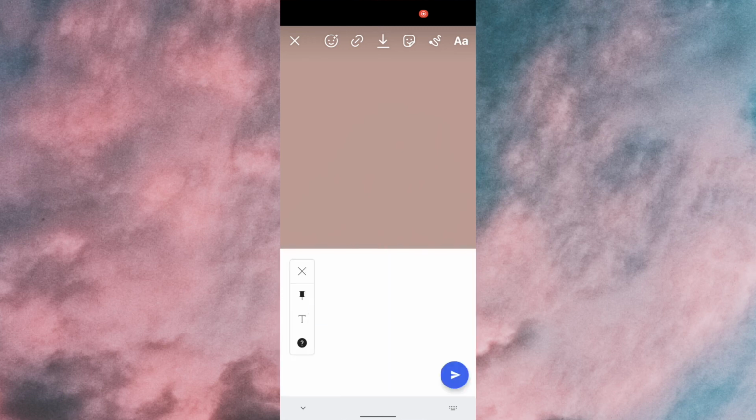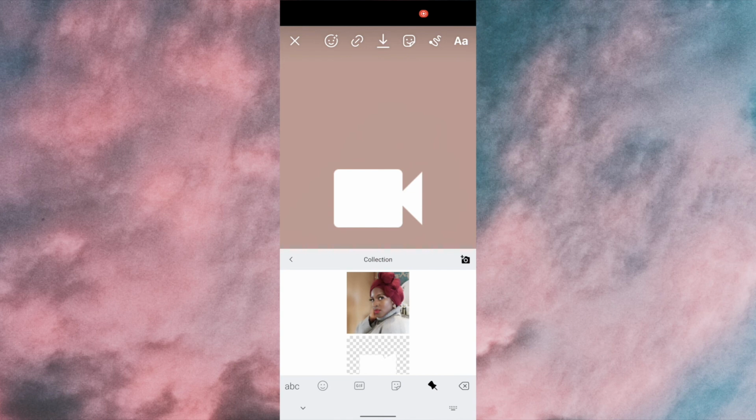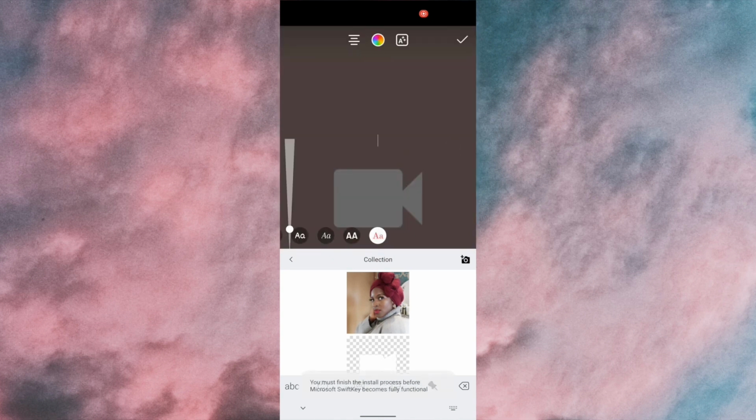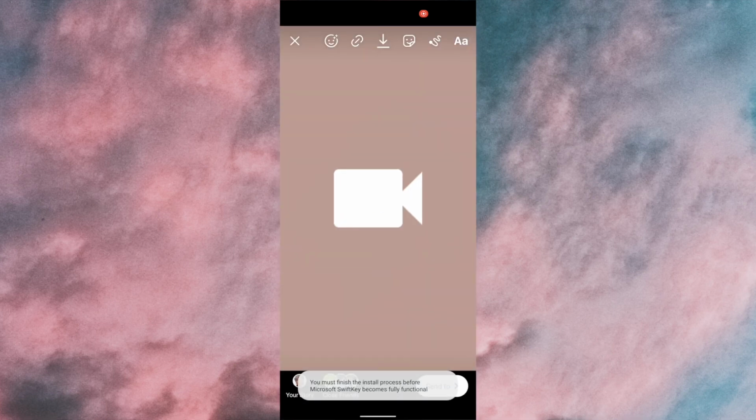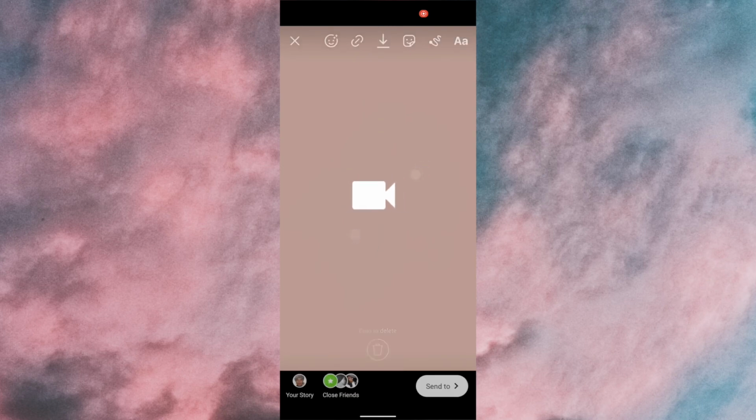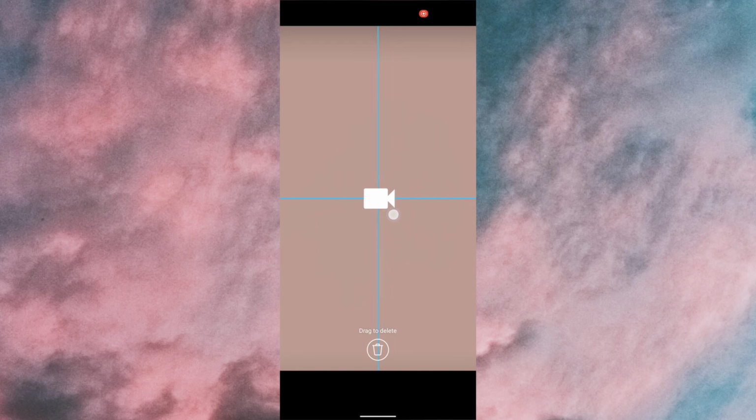I think it was this one. Yeah, that's the one. So you're going to add the image in. Oops. And then just resize it. Okay, just resize it like so, and then put it in the center, make sure it's right in the center,